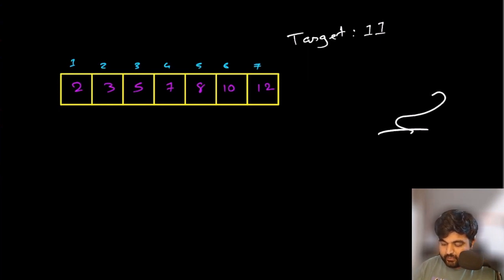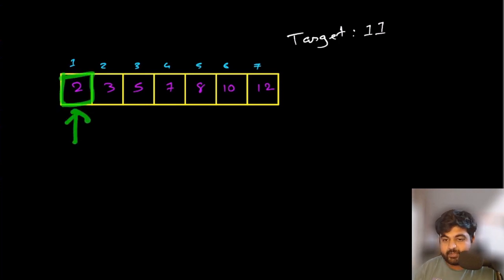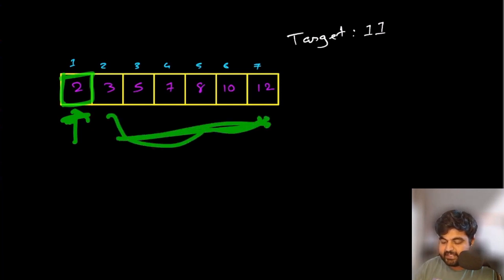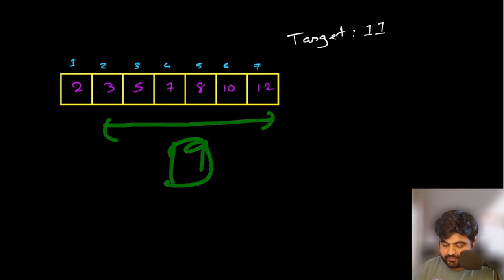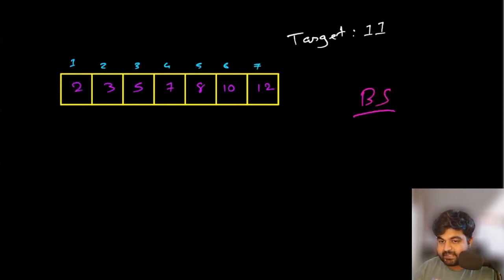How? What we are going to do is, again, same as brute force, we are using the same approach. So first, if we consider that this 2 has to be part of the solution, then there must be a 9 existing in the remaining array, because we are told that the target value is 11. So we need to check whether in the remaining array value number 9 exists or not, because the first value we are considering is value number 2. This we can do very easily using binary search, and we can complete this whole task in basically log n time, nothing more than that. And this is a huge improvement.